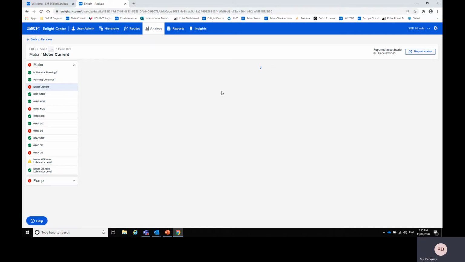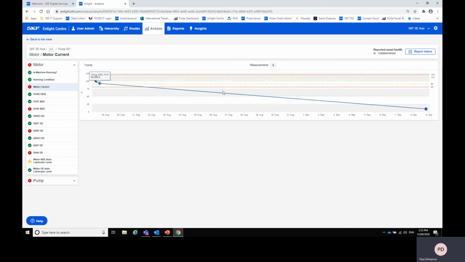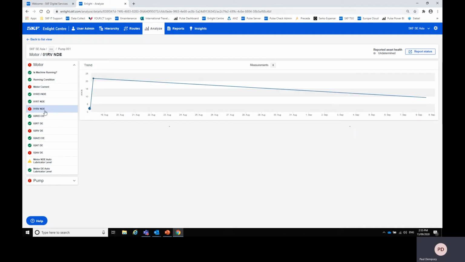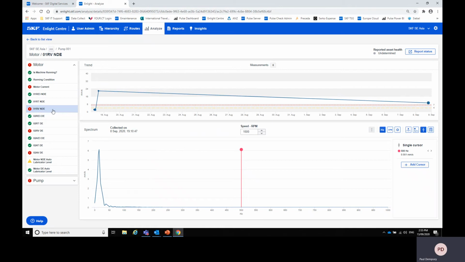So if we have a look at pump 1 motor, we now see that Enlight Centre has taken us directly to the first point where there's an alarm. Now this is a point where we're measuring motor current and we expect it to be in the range of around 100 amps. For some reason in this one it has dropped to a very, very low level of 9 amps. Okay. Now we also have a vibration point here where there's an alarm being raised,